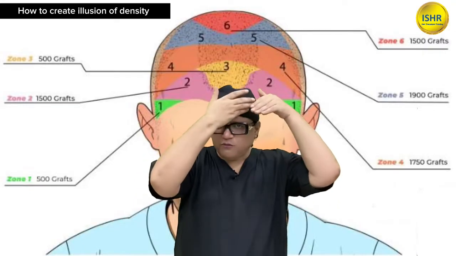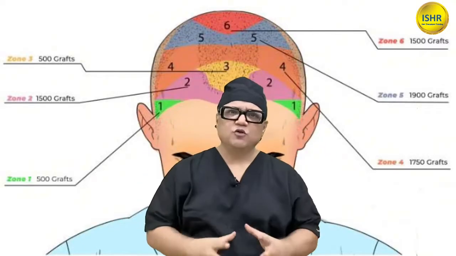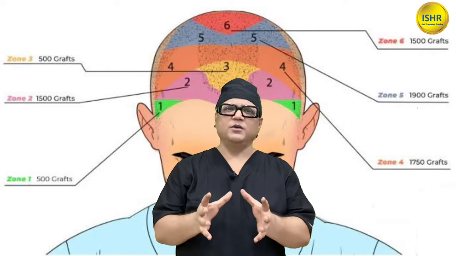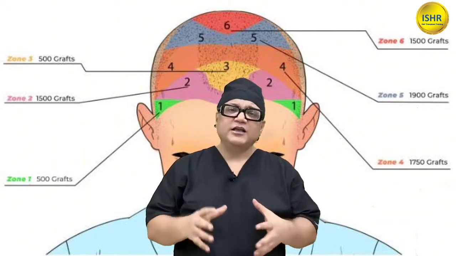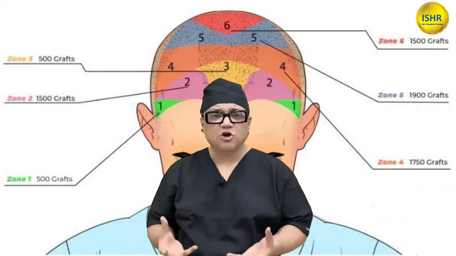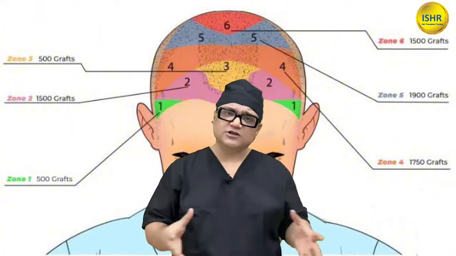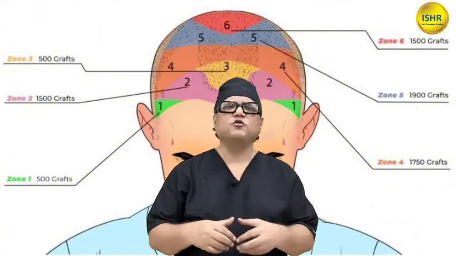We are going to discuss distribution of the grafts. Is he going to comb from left to right or behind? So when he comes for a consultation, we have to show him how he's going to look, how many grafts we are planning to put, how many grafts he has got, and how we distribute these grafts. Of course, we're going to cover the frequently asked questions from the patient, like how long the hair transplant result may last, is there any complication or side effect, what is our technique, is it going to be painful, will the hair really come, what is the success rate, and so on.